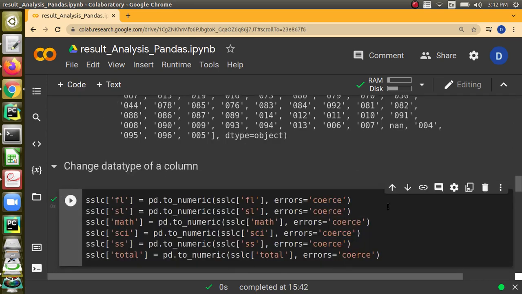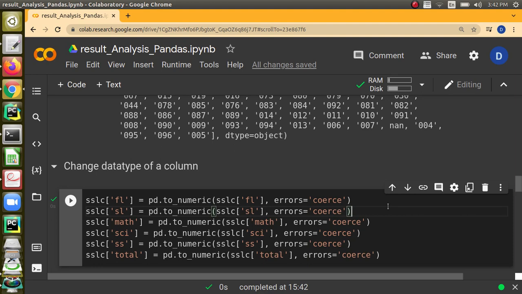After changing the null values, we can change the data type of the column. If we change the data type, then only we can do the numerical operations, right? If it is like object, then we cannot do numerical operations. We have to change the data type to numerical, then only we can do greater than, less than, addition, everything. Whatever we can do with numerical data is possible only if the column is changed to numerical value.